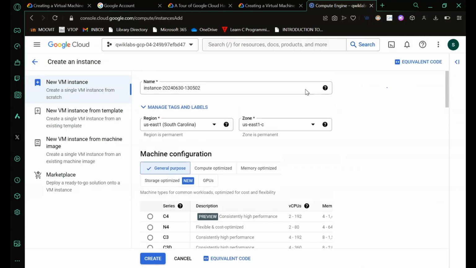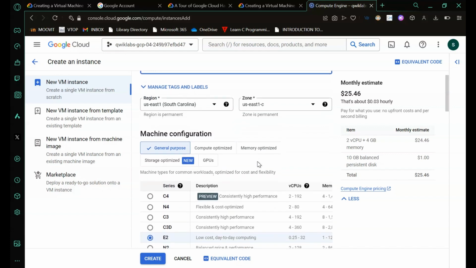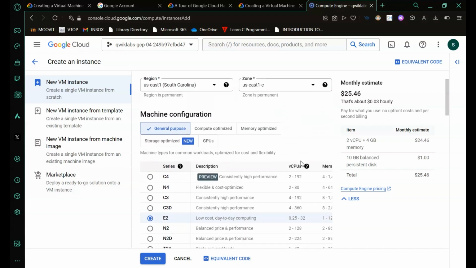Okay, so I'll tell you what you have to enter exactly, because whatever details you're going to enter, that's going to change the price over here. And if you enter the wrong credentials, then your account might get closed, because these things use heavy resources. So keep the name as GC Lab, keep the remaining things as same.